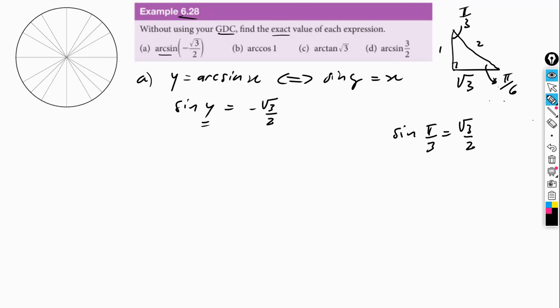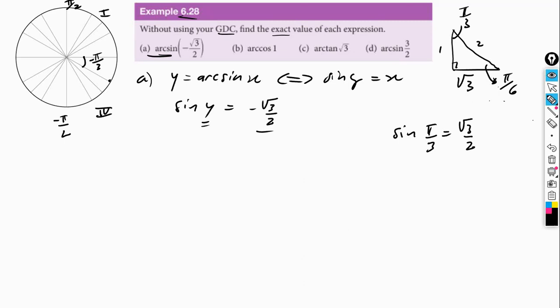We can find the solution using the unit circle. Now, the range of arc sine is restricted to minus pi halves to pi halves. Therefore, our solution has to lie somewhere in the first or the fourth quadrant. But notice that this solution is negative. So that means that our solution would be here, right? It would have to be this angle here. And this angle is minus pi thirds,